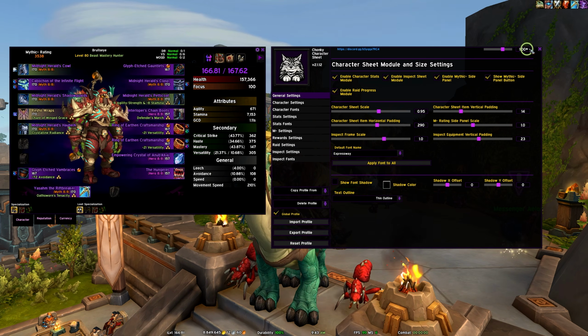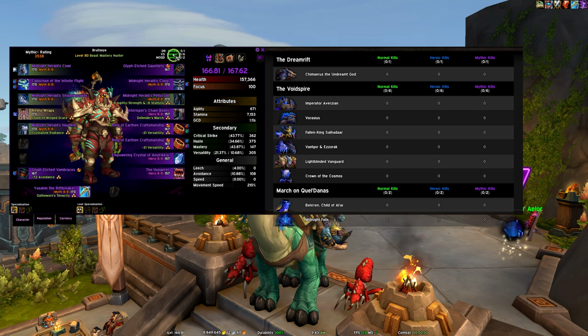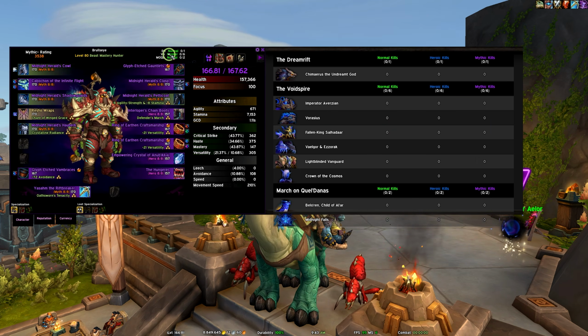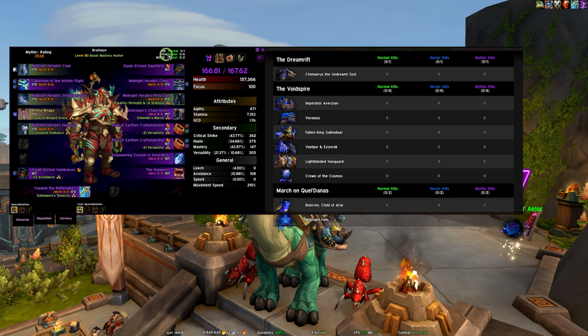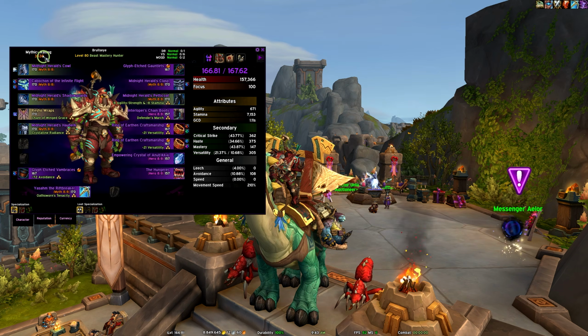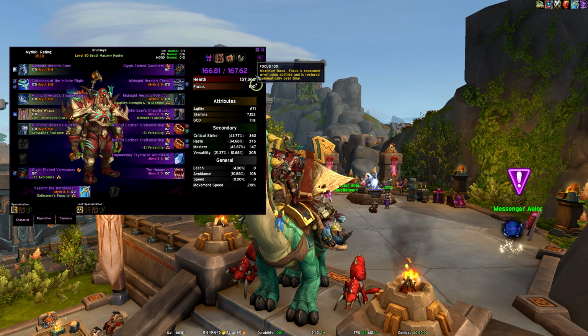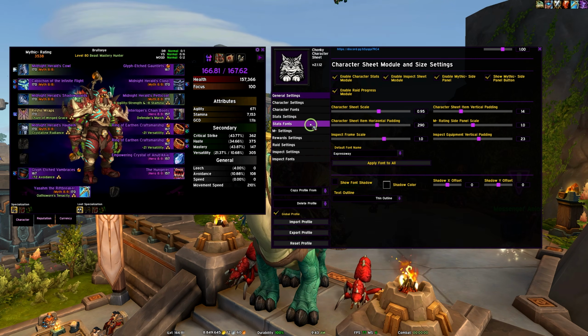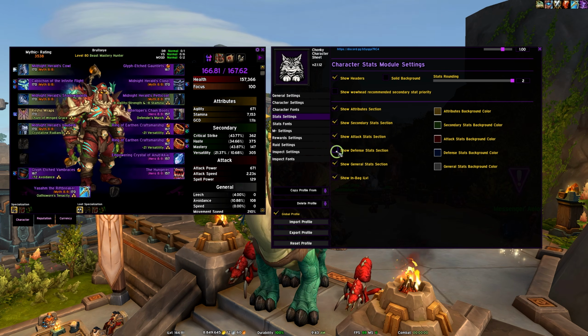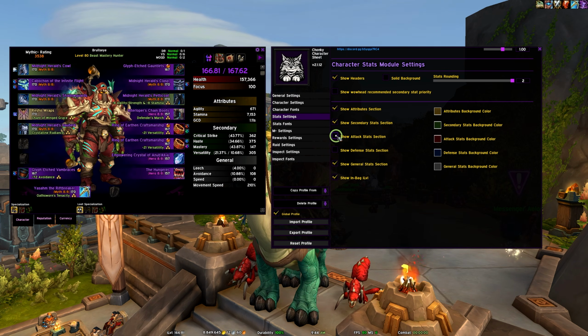There's also, if I close this option window here, you can also hover over different aspects of this window. You can see, hey, I have X amount of kills on these bosses and these raids. Here's my Mythic Plus rating, item level. You have different stats you can turn on and off. Like right now, I don't have all of them enabled, so I can turn those off.